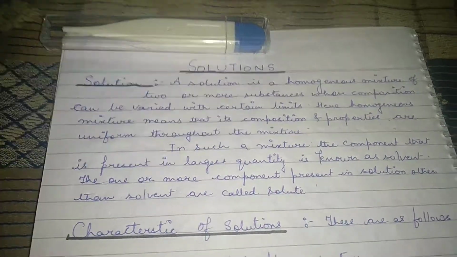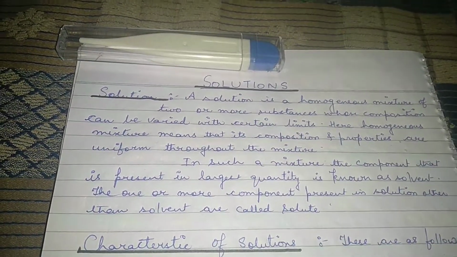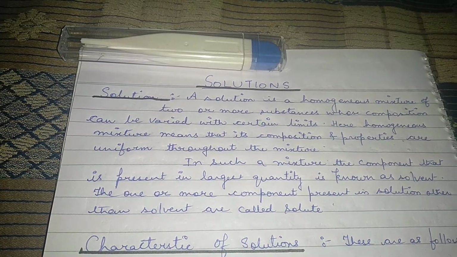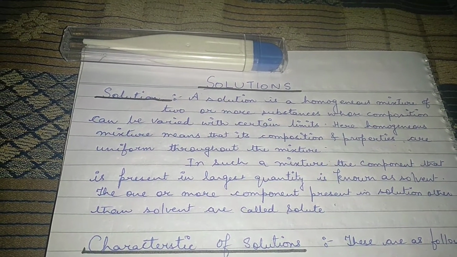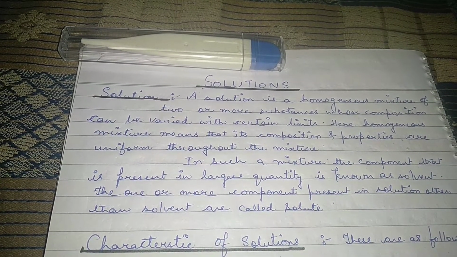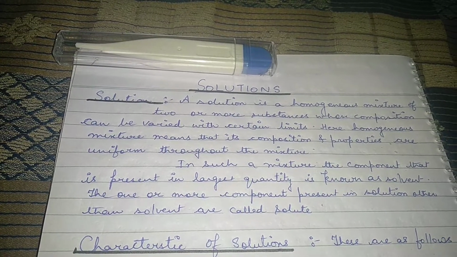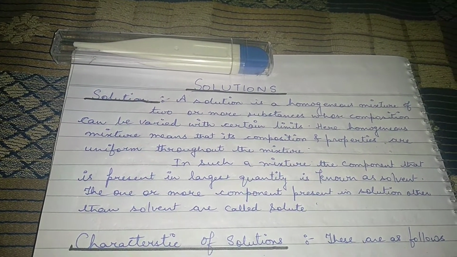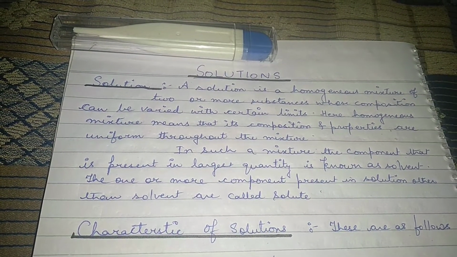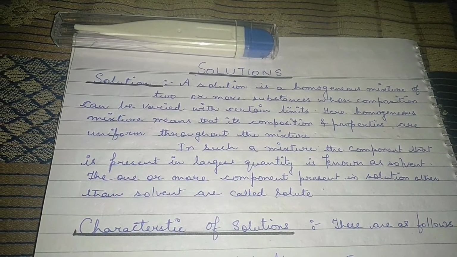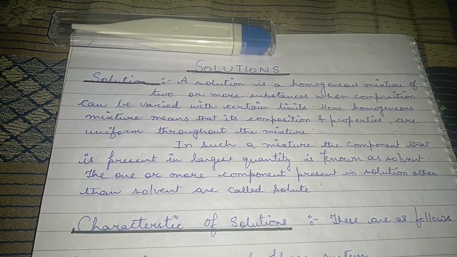So whenever we talk about solutions, when we read this term, that solution, so always comes in our mind two things, that there is one solid part and one liquid part. So these two parts are known as solute and the solvent. Okay. If I define a solution, there are two kinds of solution: homogeneous and heterogeneous. If I talk about homogeneous, like when we dissolve salt in water, it gets dissolved and we get a clear solution. So that is known as homogeneous solution.